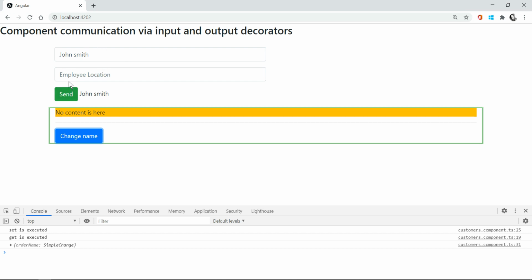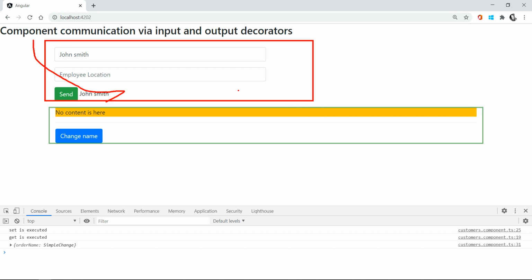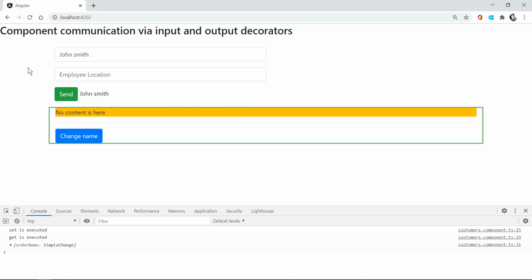Now if I want to pass the data from here to here, then we have to use the output decorator. By using the send button, I can pass the data from this component to this component.